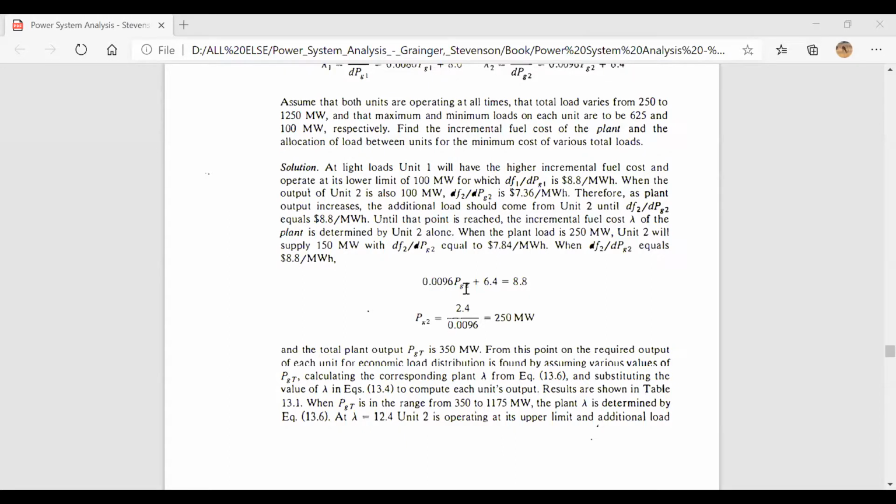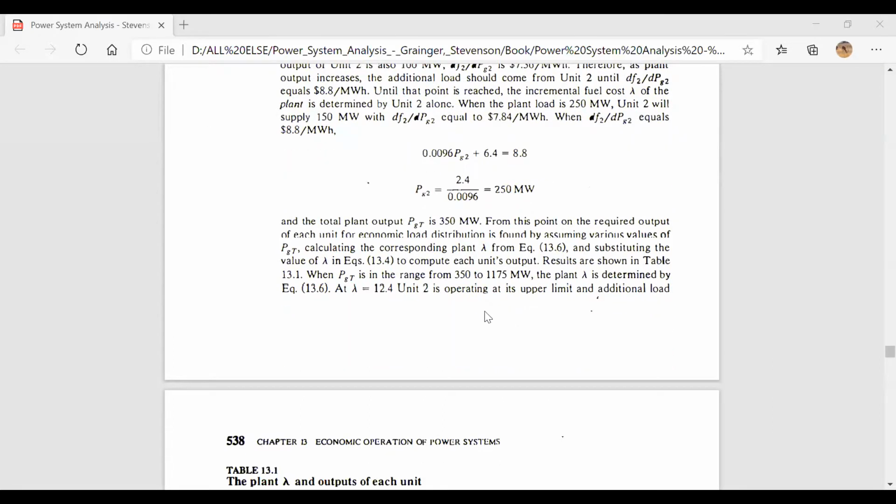So we can say that 0.0096 PG2 plus 6.4 is 8.8, and PG2 is then 250 megawatt. And the total plant output is 350 megawatt. So from this point on, the required output of each unit for economical load distribution is found by assuming various values for PG total,